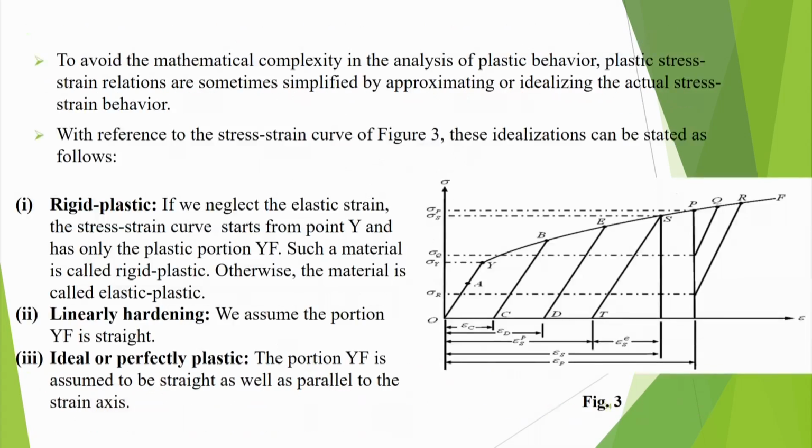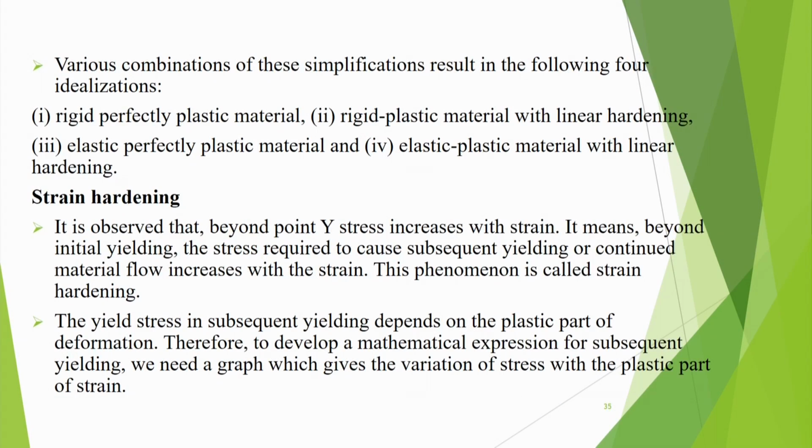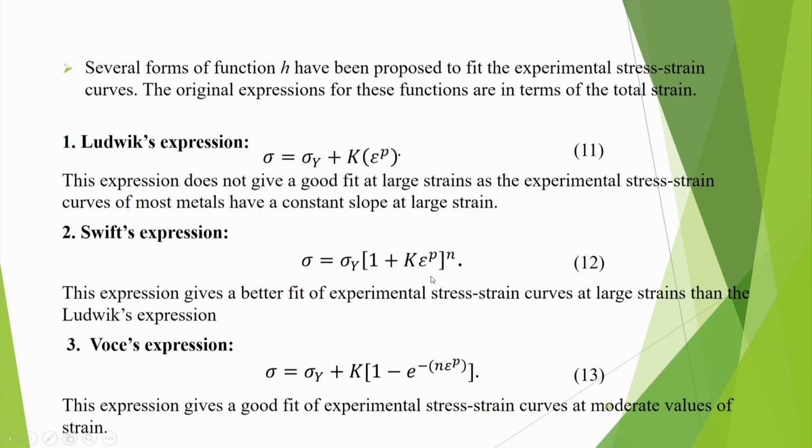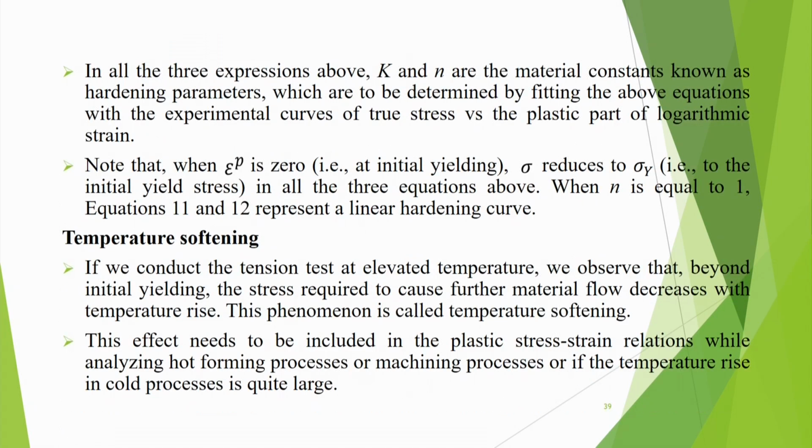We expressed those types of relation, and then we were discussing the behavior of the material in the plastic region. In the plastic region we get the phenomenon of strain hardening, that will be expressed by these expressions, Ludwik's expression, Swift's expression, Voce's expression, or you can make another type of expression. This way we express that. We also get the temperature softening phenomenon. When we increase the temperature of the material, it softens, its yield stress decreases. That phenomenon is also there. So temperature effect is also prominent and strain rate effect is also there.